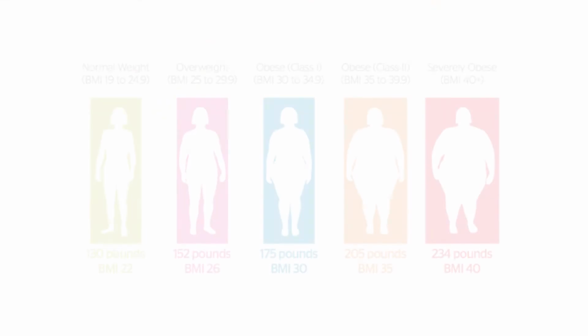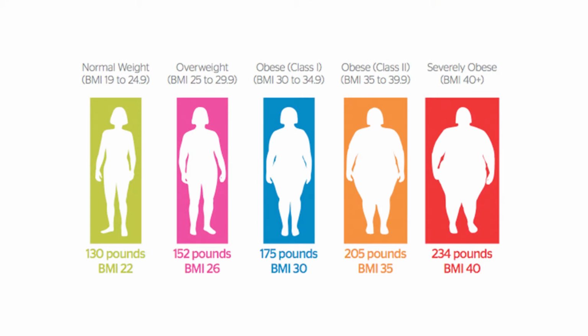Obesity is defined as an abnormal or excessive body fat accumulation. It is identified by a body mass index, or BMI, of 30 or higher. BMI is a standardized formula that compares height to weight and is internationally recognized as a method of classifying overweight and obesity. You're not alone. More than a third of adults in America are obese. In this diagram, you can get a feel for the classification of overweight and obesity.